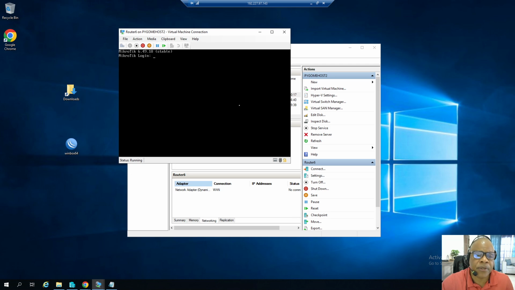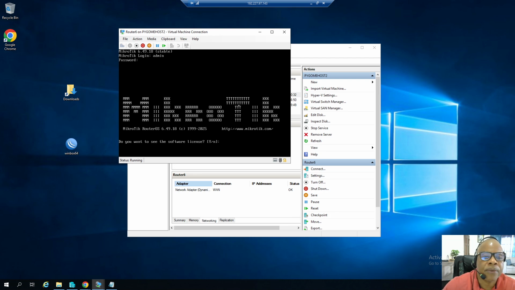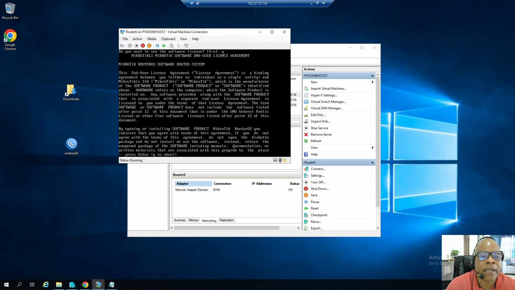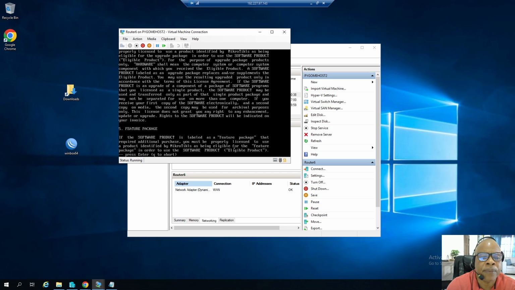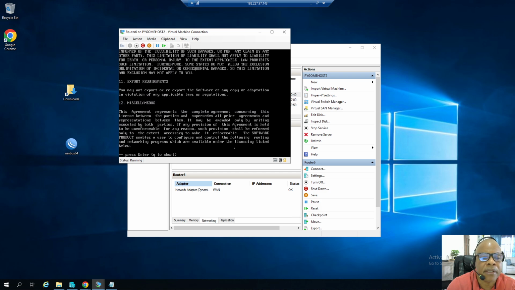We have to agree to the terms. So basically, in Mikrotik, the default login is admin, and there's no password. I'm gonna click enter. So there's no password. I'm gonna click enter. We're gonna wait for it. Then we have to agree to the agreement. We're gonna click yes, and we're gonna click on enter until we get to the end,